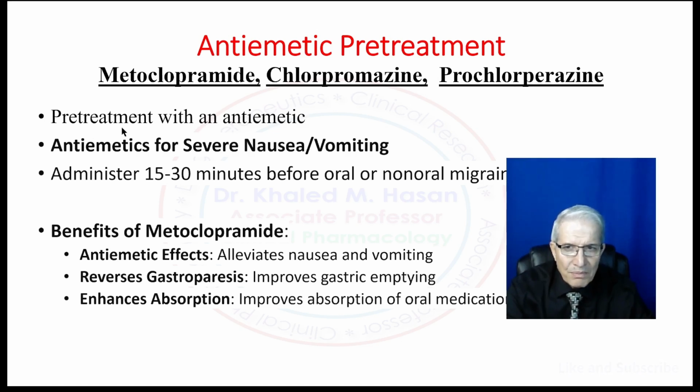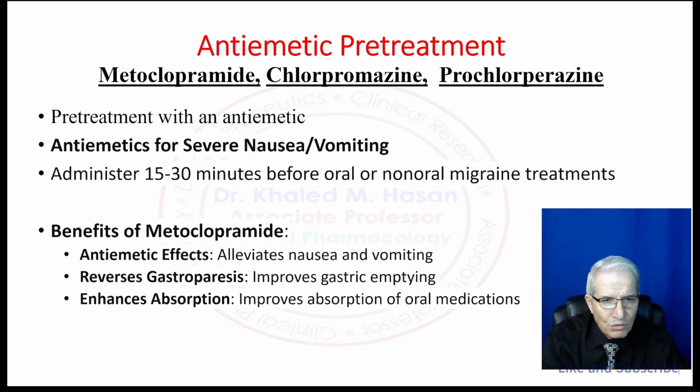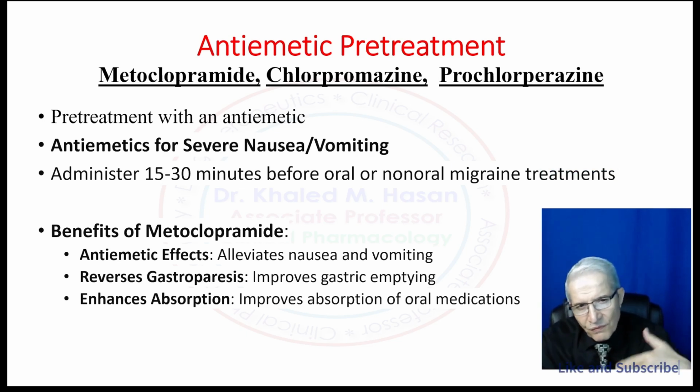This could be the pre-treatment with antiemetic drugs, because if the patient suffers from nausea and vomiting, we cannot prescribe any medication orally to the patient. We recommend using it about 15 to 30 minutes before the oral or non-oral migraine therapy. You use this medication to relieve nausea and vomiting, and then we will